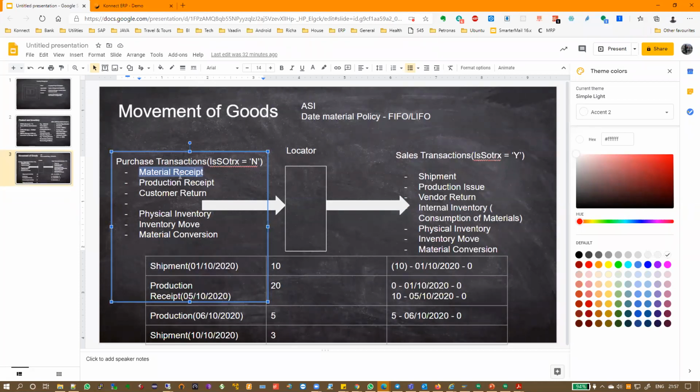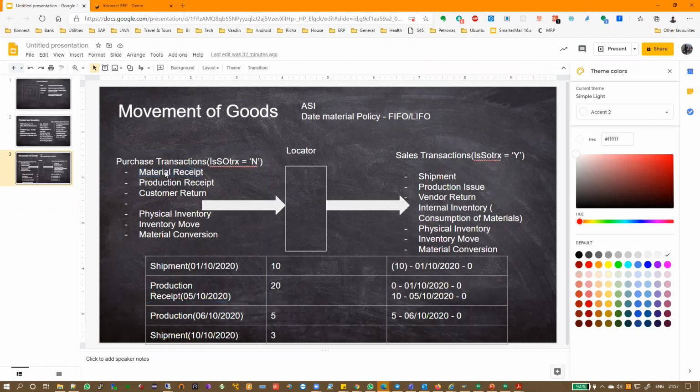Material receipt is the final document, or is there a document before material receipt? Is there a window before material receipt? No. There is no document.